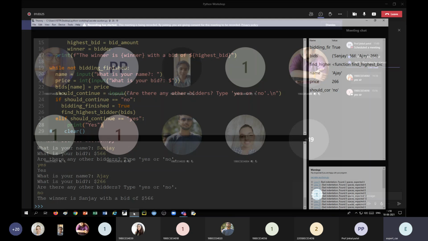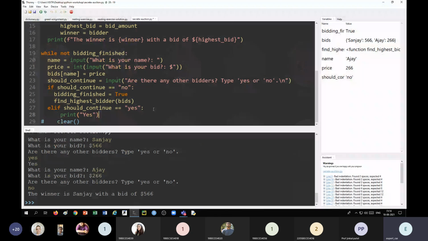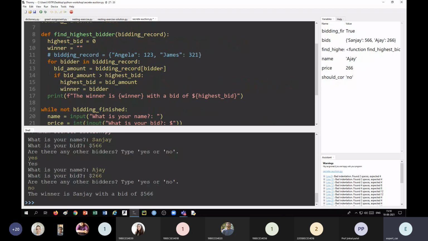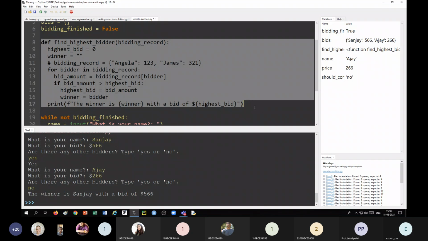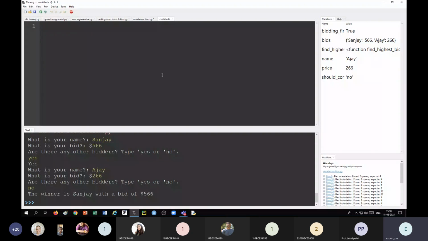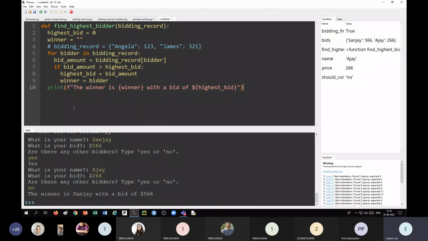Okay, let me go to there. Okay, so still if you have any difficulty, you can contact me, or in the next session you can ask me. Now next I want to show you is the online debugging of the program. For example, suppose I want to take this function. I want to copy it into a new file, and I will call the function.